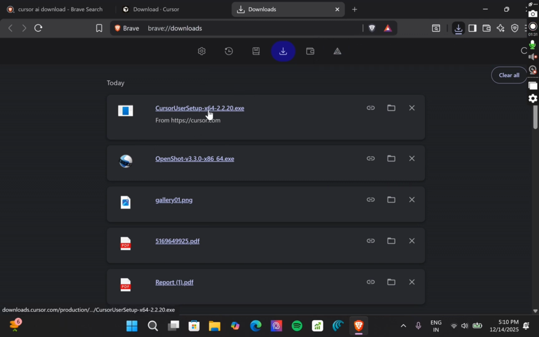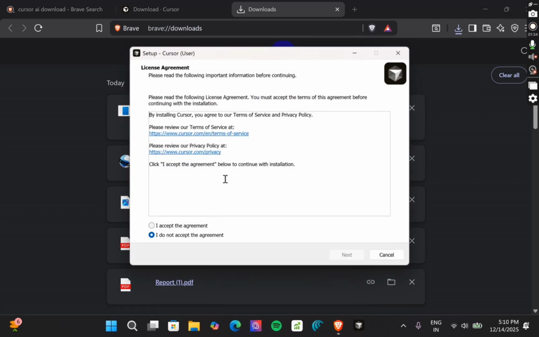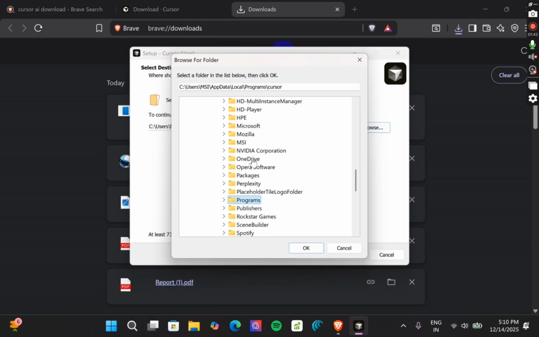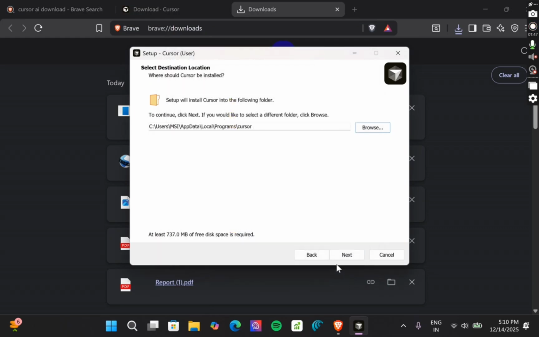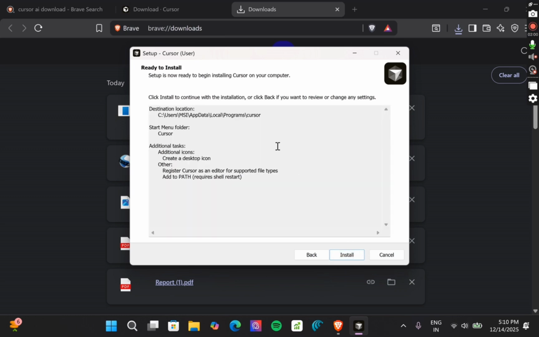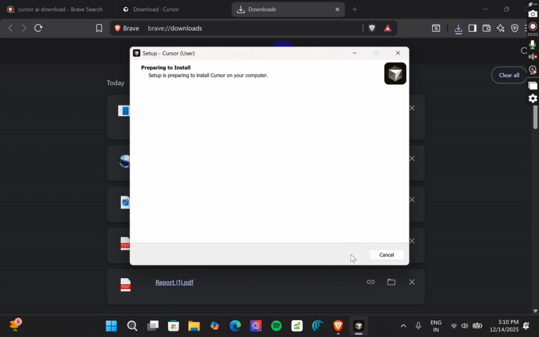So let's click on the download option and you will see this agreement. You have to accept the agreement. You have to click next, and you can change the file location if you want to, but we don't change it. We click next and we will browse the Cursor. Okay, let it be the same. We create a desktop shortcut for this. Open Windows, no need. We will simply click next. We will simply install it now,